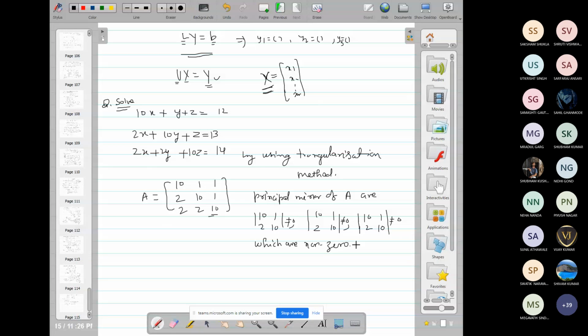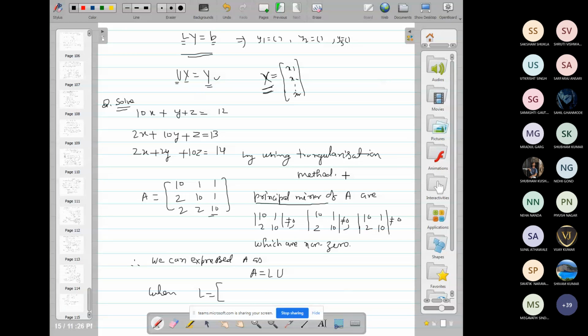Therefore, we can express the matrix A as A equal to LU, the product of a lower and an upper triangular matrix, where L is equal to